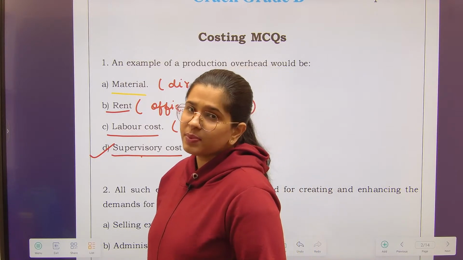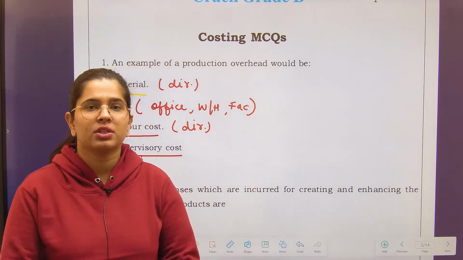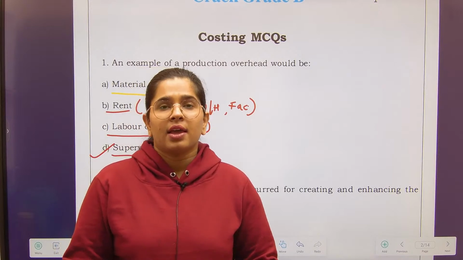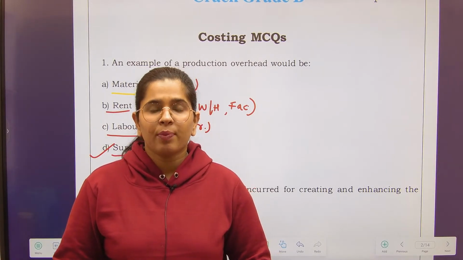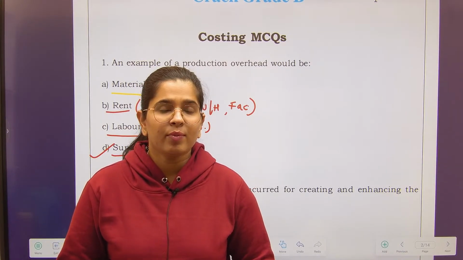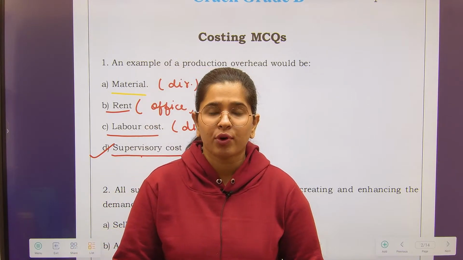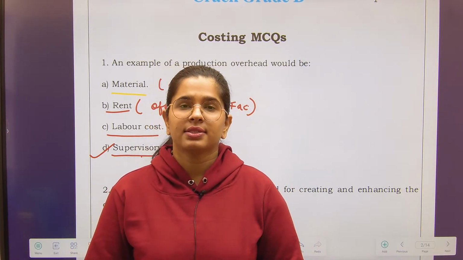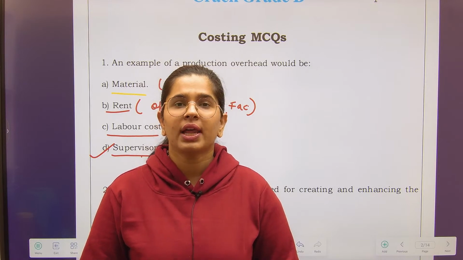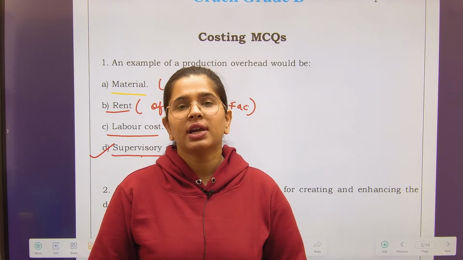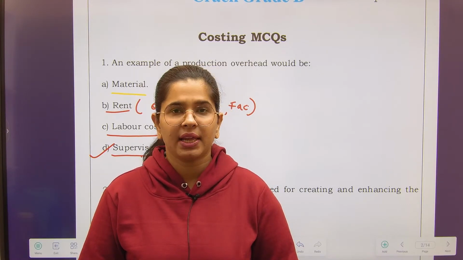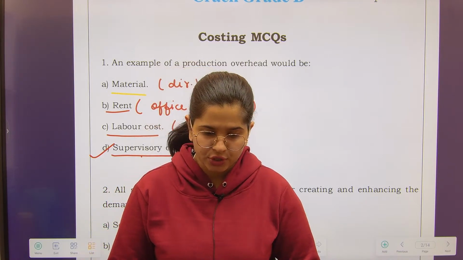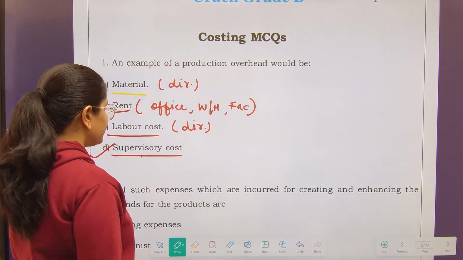Under this particular head, supervisory cost is obviously going to be a production overhead only. Why? Because supervisors exist on a production floor. They are assisting laborers. They are not doing direct production. Hence, we cannot classify them into direct labor, but they will be taken under your production overheads. Next,